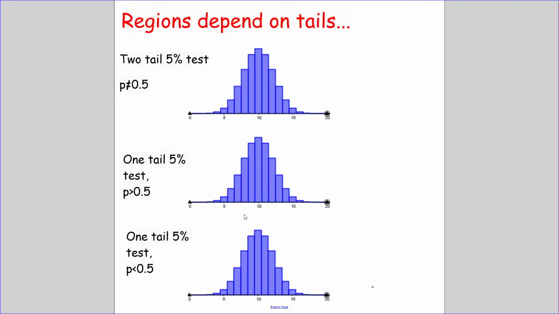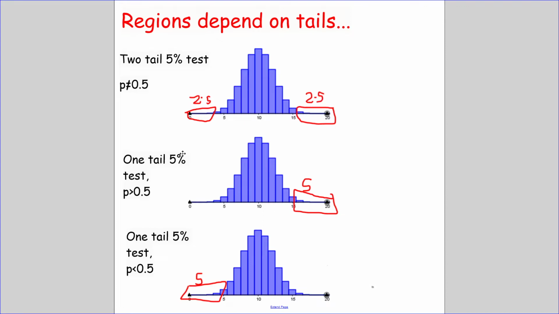Okay, just to give you a quick idea about how these critical regions look on diagrams. If we have a two-tailed test, and this two-tailed test has not equal to, and it's a 5% test, we need to keep open two options. It could be bigger than or smaller than. So it will be 2.5% this side and 2.5% this side. So you'll need to find the 2.5% of least likely less than outcomes and 2.5% of the least likely greater